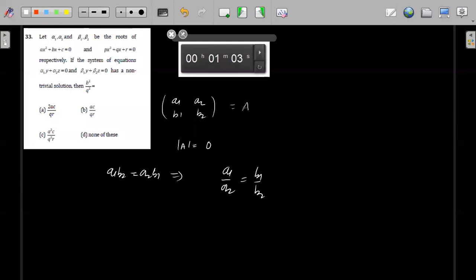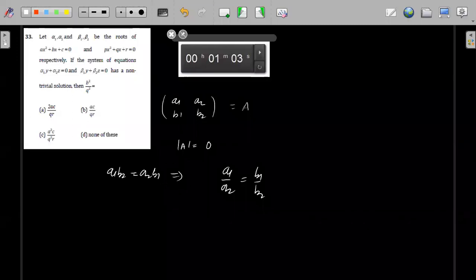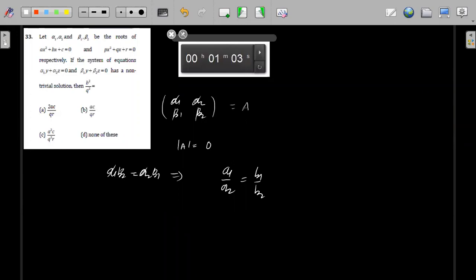if they have asked for the ratio of the roots, always take componendo, okay? Alpha beta is the same thing. If I'm writing alpha, beta here, will it make any difference? It will not make any difference, it's just a name. So alpha 1, alpha 2, beta 1, beta 2. Now are you happy? So this is alpha 1 beta 2 equals alpha 2 beta 1.